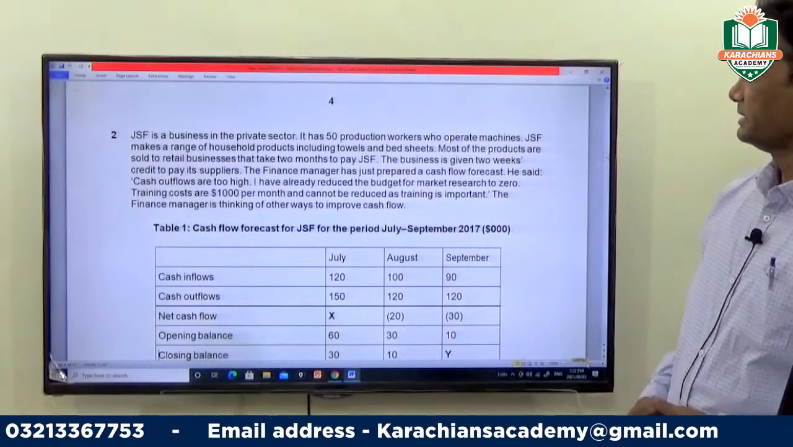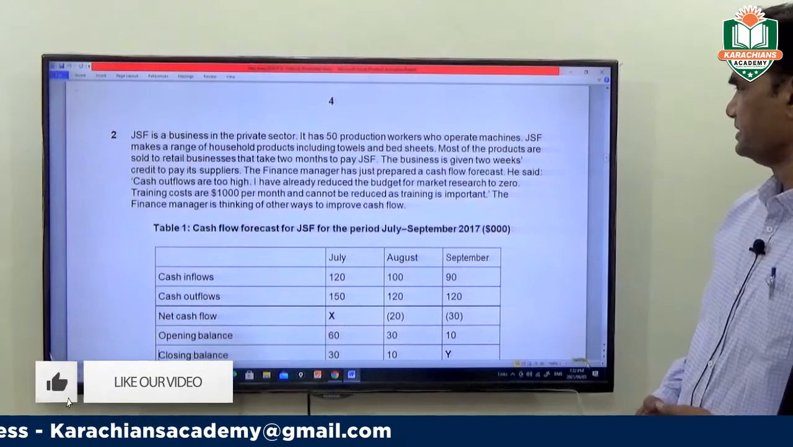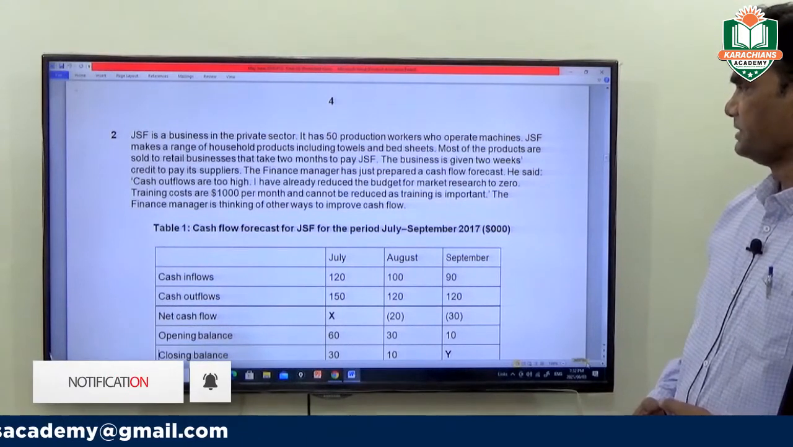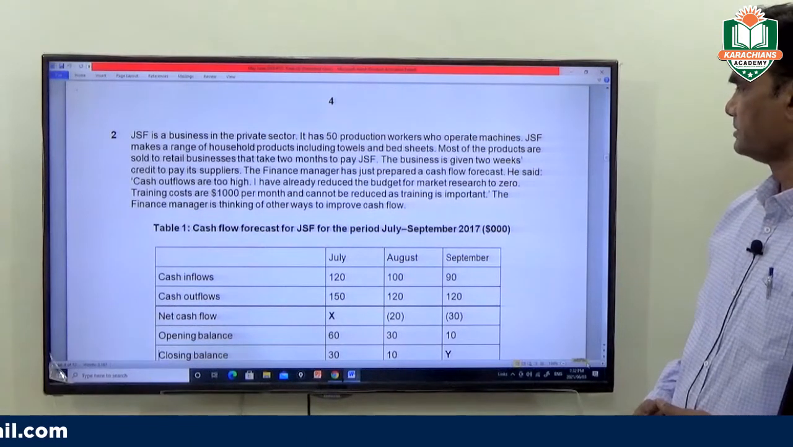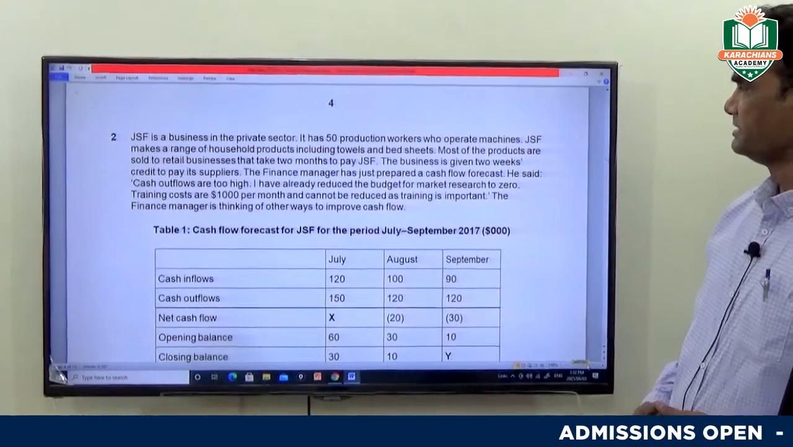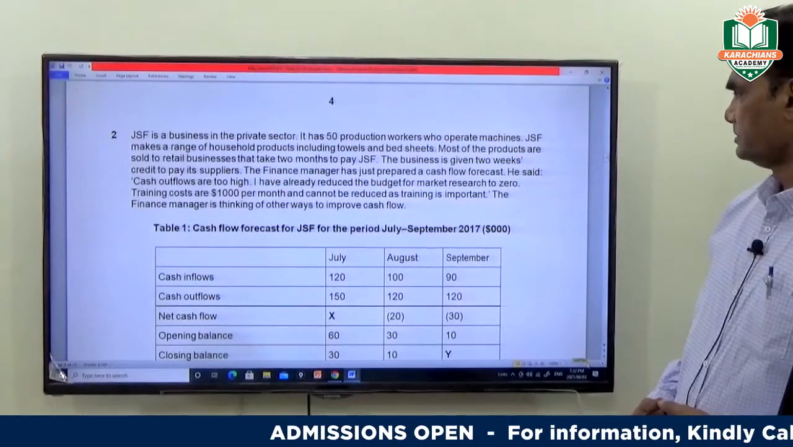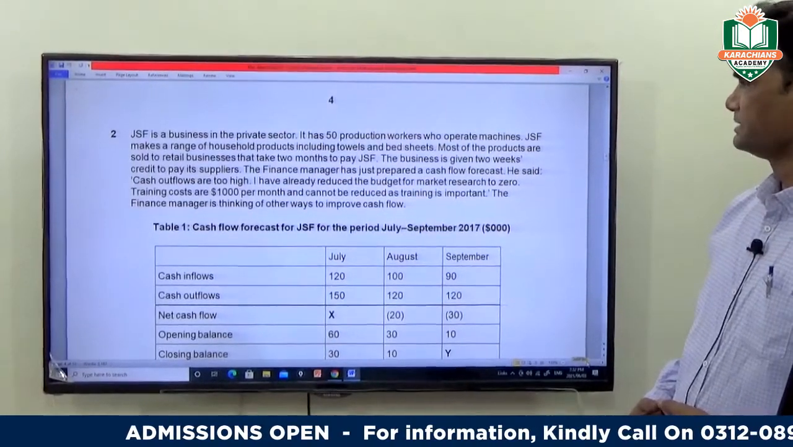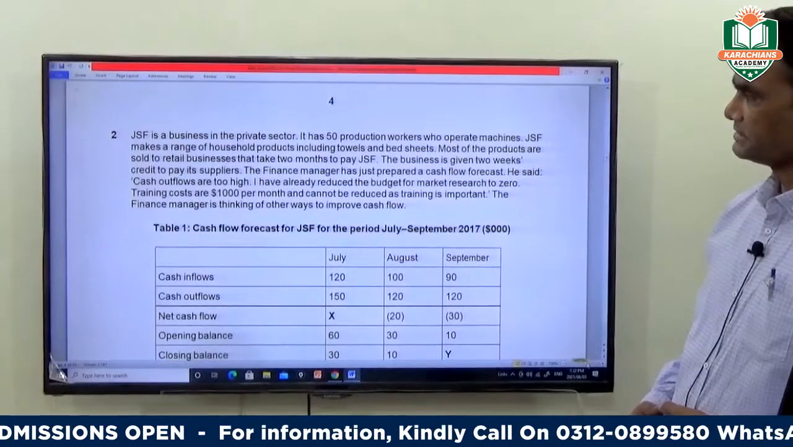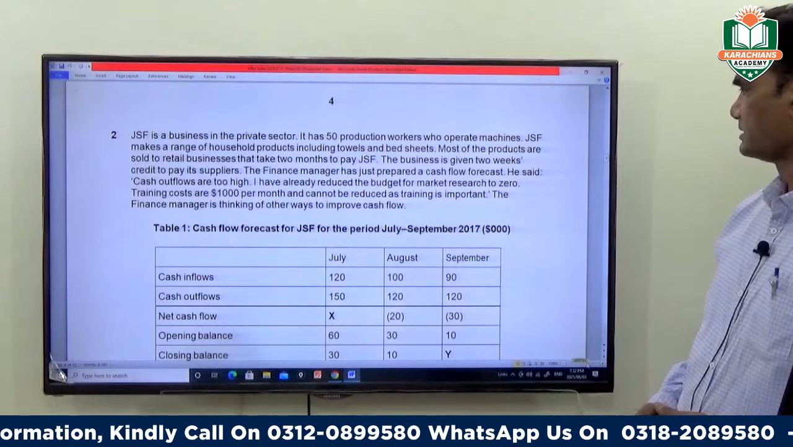JSF is a business in the private sector. It has 50 production workers who operate machines. JSF makes a range of household products including towels and bed sheets. Most of the products are sold to retail businesses that take 2 months to pay JSF. The business is given 2 weeks credit to pay its suppliers. The finance manager has just prepared a cash flow forecast. He said,